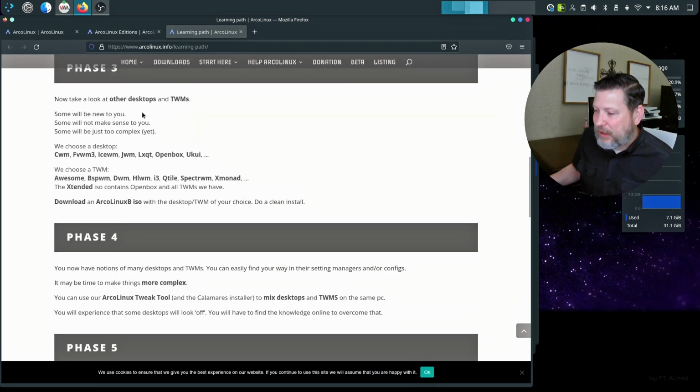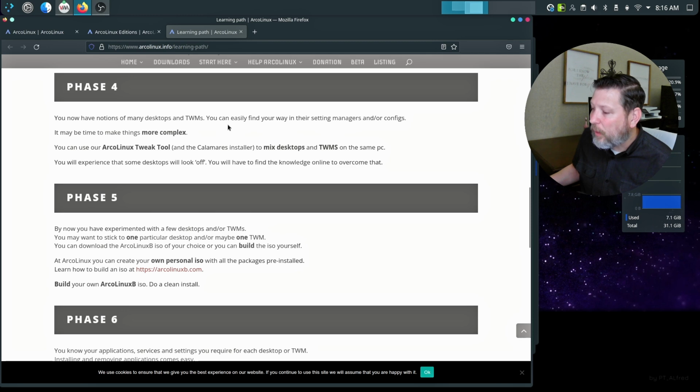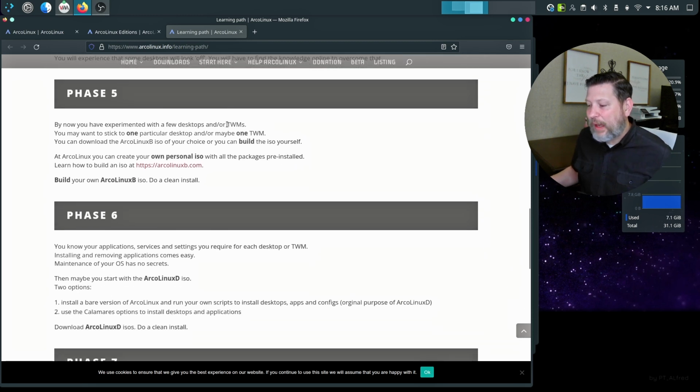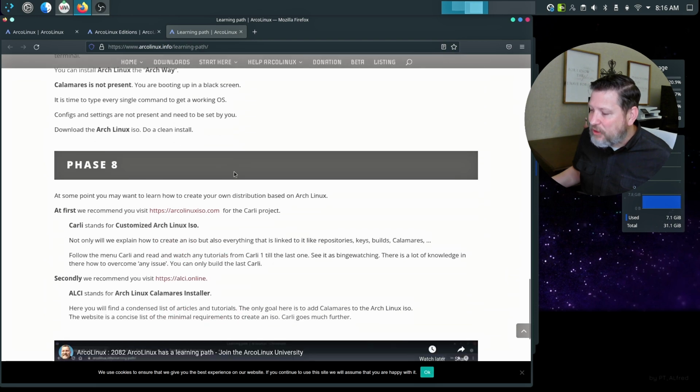Now we take a look at other desktops, including window managers and tiling window managers. And then phase 4, they start to remove things and you start to install from the command line and from the script, and not from the Calamares graphical installer. I just